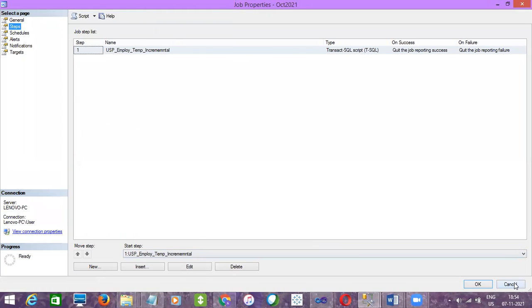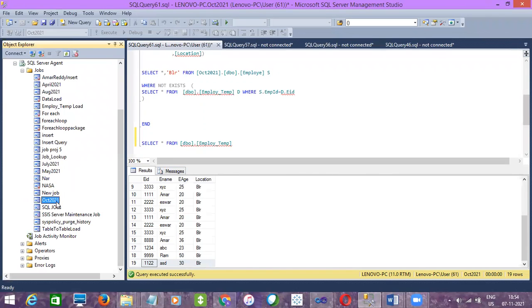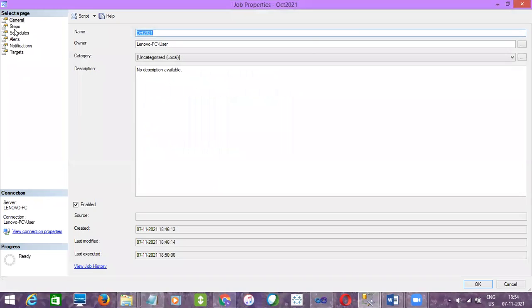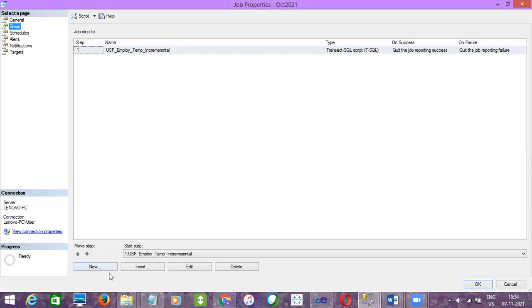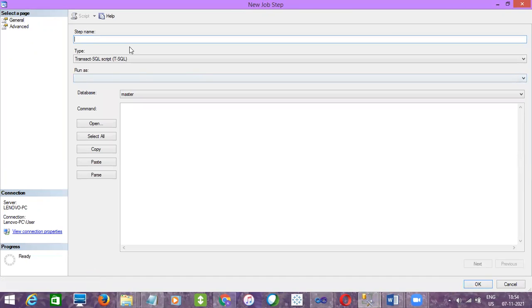If there is a requirement to create a separate job for the package, you can create a separate job, or if you want to execute it along with the other scripts, you can use the existing job itself. So open the job, go to steps, and add one more step. Now it is one step, so if you click on new, we can add one more step.